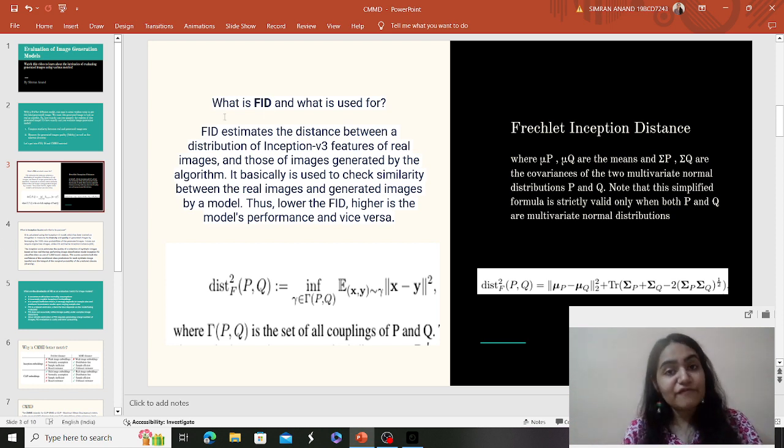The reason is that sadly FID requires a high sample size. FID is a very prominent technique, and in fact I would say for most image generation models it works well. But there are some cases where it does not work well, because it requires a high sample size. A lot of images are needed for this evaluation metric to perform well.